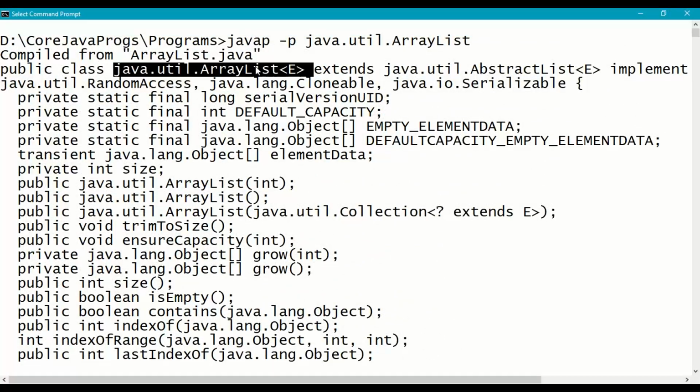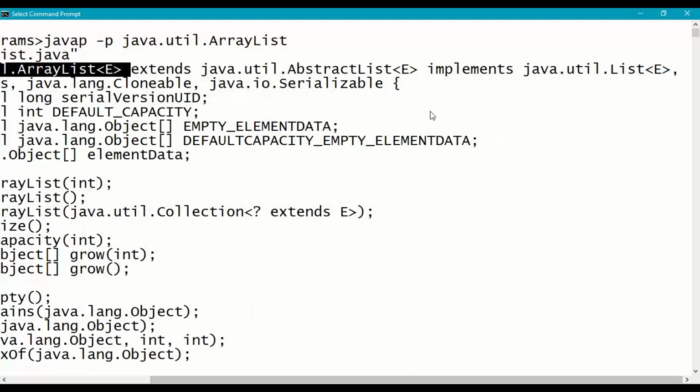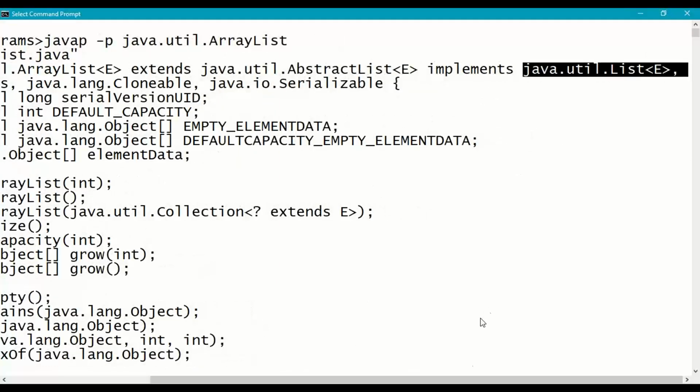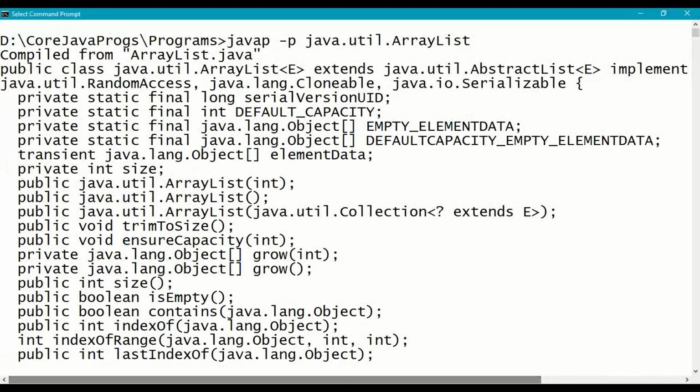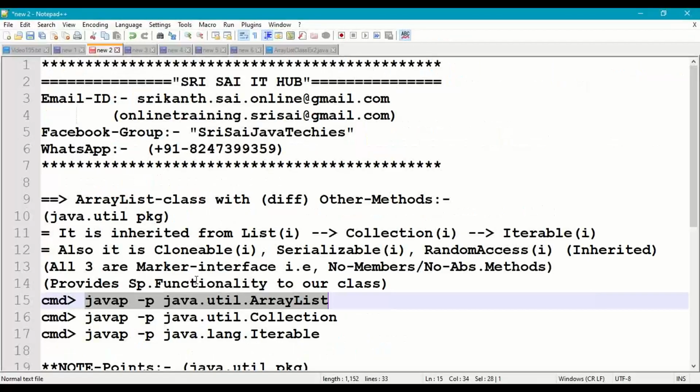ArrayList is inherited from the list interface, and list is inherited from the collection interface, and it is also inherited from RandomAccess, Cloneable, and Serializable. These three are marker interfaces, no abstract methods. They provide special functionality for our ArrayList class. This is all about ArrayList class, base classes or interfaces.